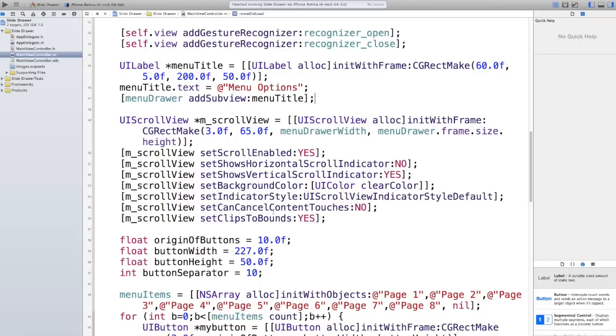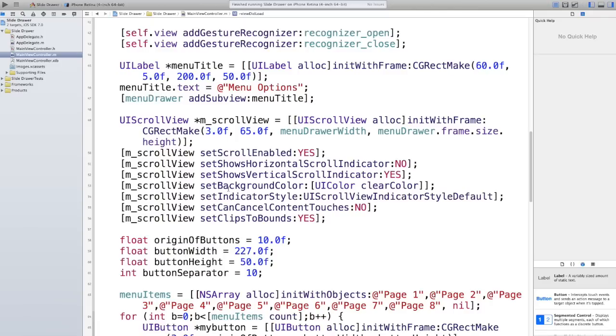You don't have to add the scroll view. You can just add all of the buttons directly to the menu drawer instead of adding them to the scroll view. So I added an extra step to give it a nicer feel by having a scroll view,